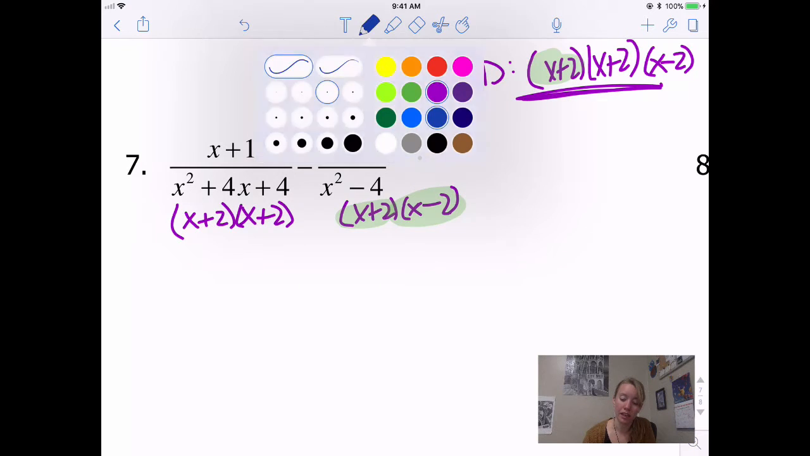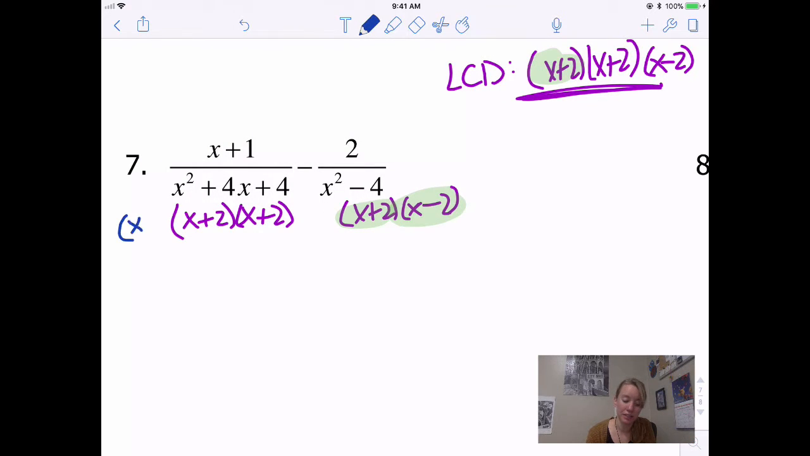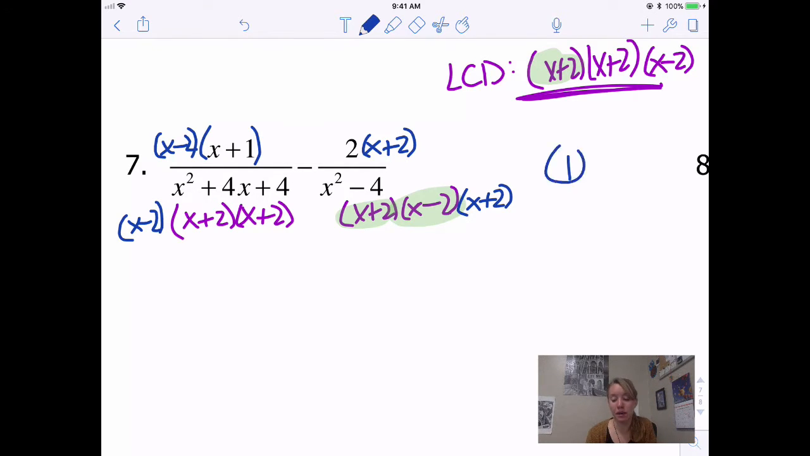Now, what am I missing in the first denominator is just x minus 2. So write x minus 2. Okay, in the second denominator, I am missing another x plus 2 because there's 2 x plus 2's and 1 x minus 2. So now I can start simplifying. This is big step 1. Step 2, I'm going to have x plus 2 times x plus 2, or x plus 2 squared, x minus 2. And then I can